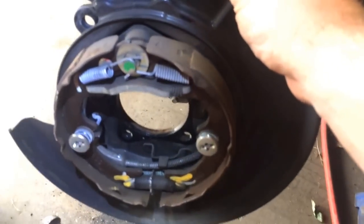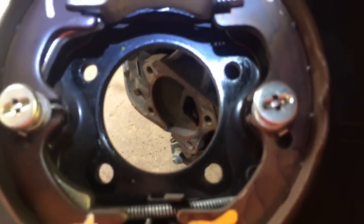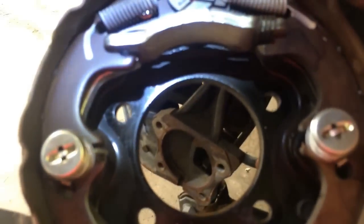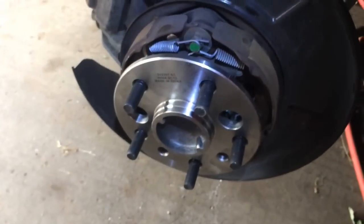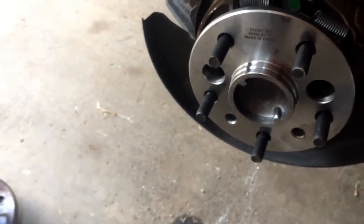Okay. As you can tell, I didn't take anything off of the brake assembly for the parking brake. And in here, just in case you forget, it actually has the pattern. So I'm going to drop that into this hole and put it together. Alright guys, we're all back together. So basically,